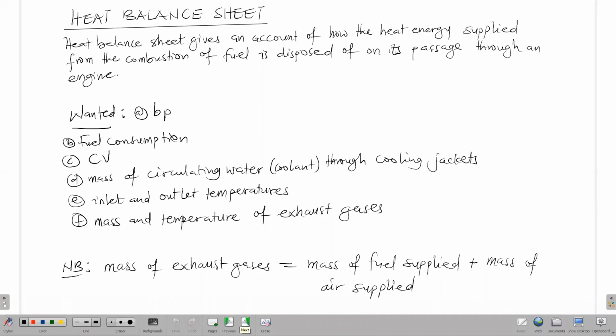Remember, what we are interested in is to gather all this data: the brake power, the fuel consumption, the calorific value of the fuel, the mass of circulating water through coolant jackets, inlet and outlet temperatures, the mass and temperature of exhaust gases. When we get all this data available through the test on the engine at constant load,